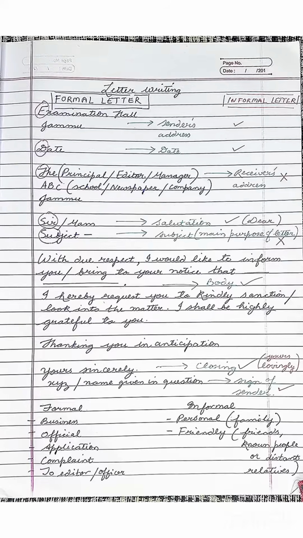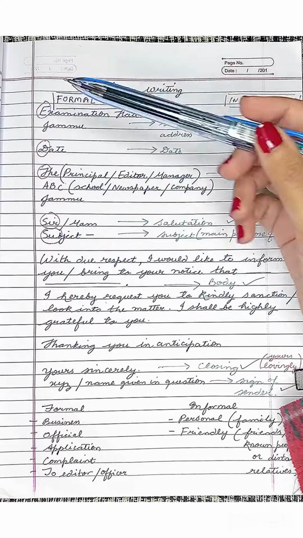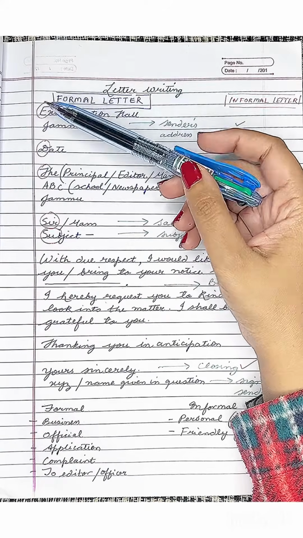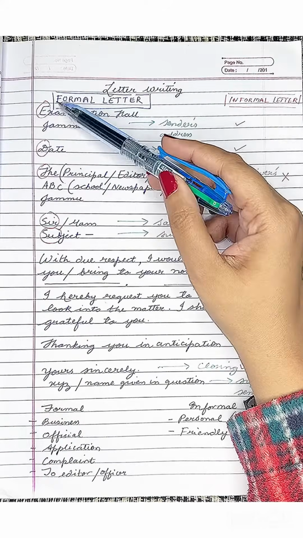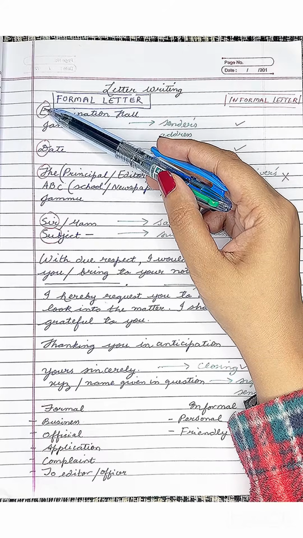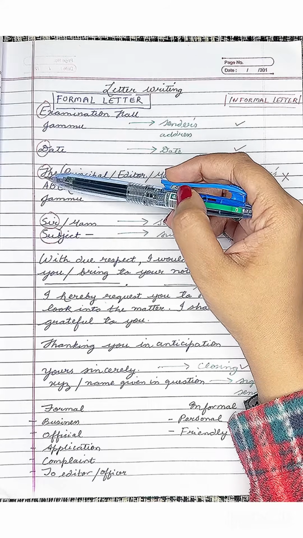This is a small trick which you can use to remember the format of the formal letter, because you people forget it many times. You can try if you want to. See, examination hall, so you have to write only that. So EDT. If somebody gets upset with you, your parent or someone, and calls you idiot, EDT, okay?